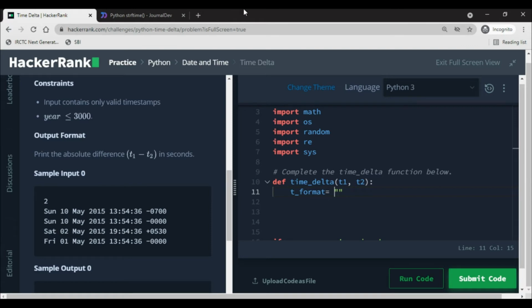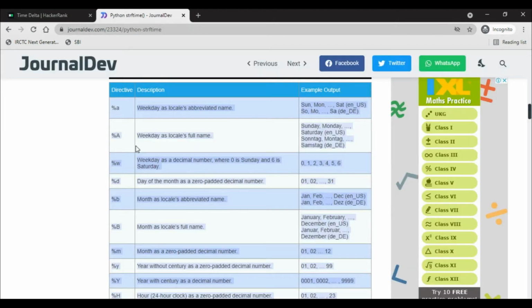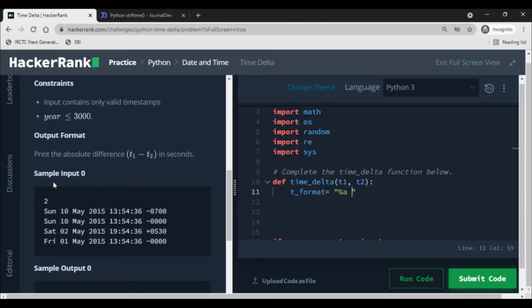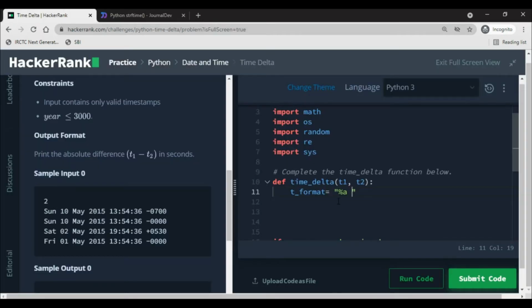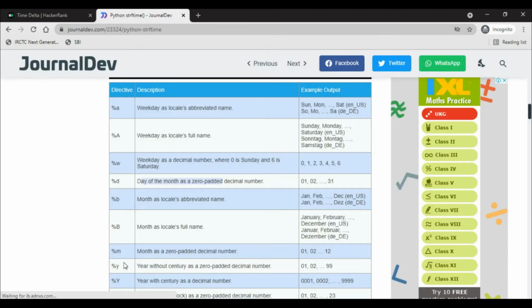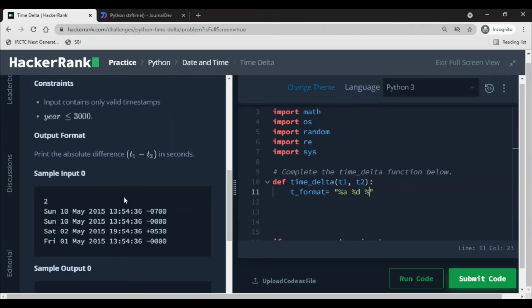Percentage a for the day, small a, so you have to be careful, small a and capital A both exist. Then we have the date, so percentage small d. Then we have the month, percentage m.